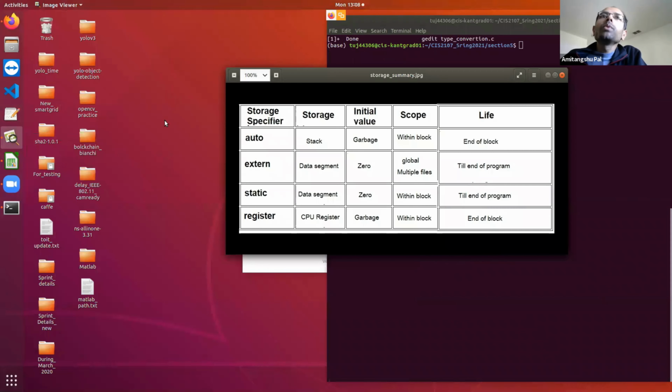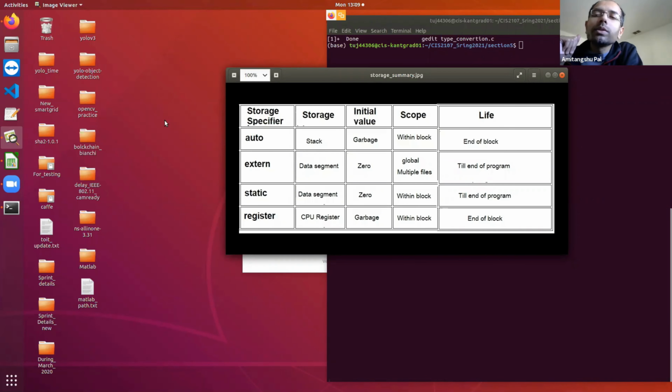So the next topic that we are going to learn is different storage specifiers. Okay, I'm going to come to the details in a minute. So till now we have learned different types of variables: integer, floating point, double, and all those things. Okay, let's concentrate on the integer part.